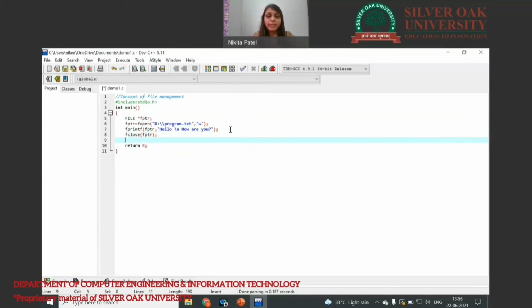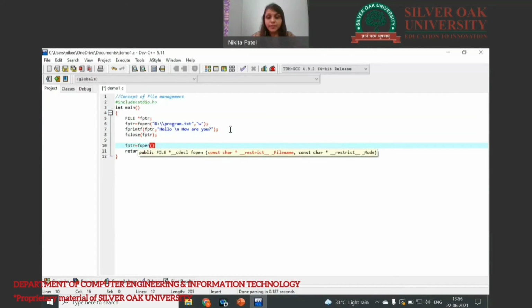If you want to display that same message on the terminal, in that case you will again need to open this file. So write fptr is equal to fopen, the same file, but in read mode.